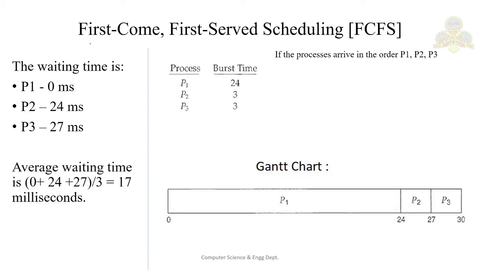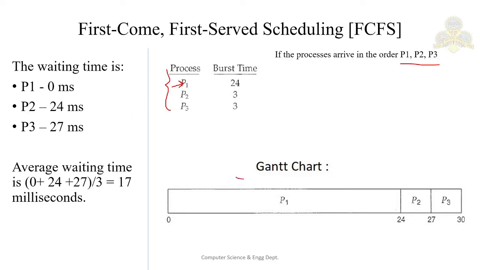Whenever you have a set of processes and they clearly mention that the processes arrived in the order P1, P2 and P3, that means P1 is the first process to arrive, then P2 and then P3. According to our first come first serve algorithm, whichever process comes first has to be executed first, no matter what its burst time is. It may be 2 milliseconds, 3 milliseconds, or 30 milliseconds, it doesn't matter. So for that, first we have to